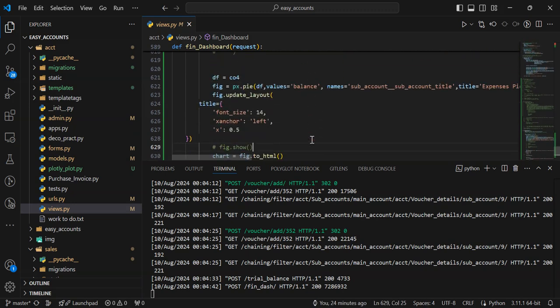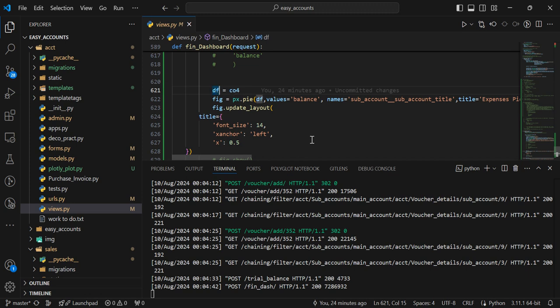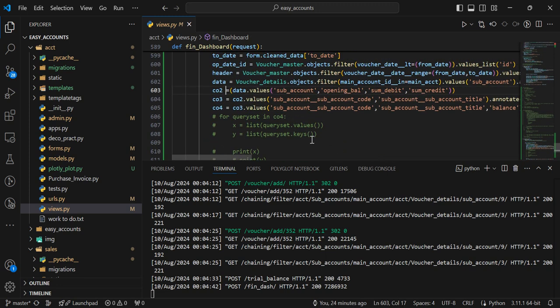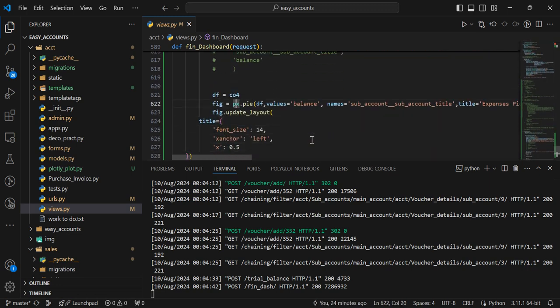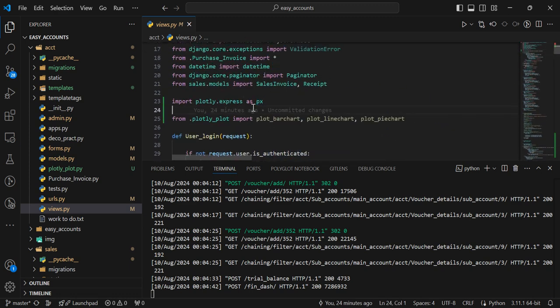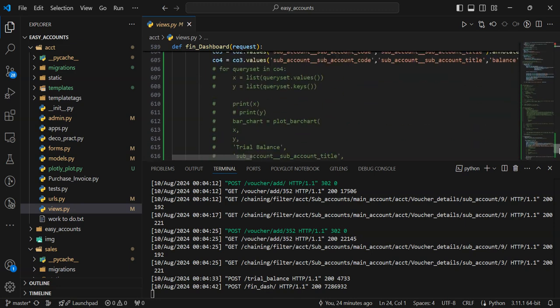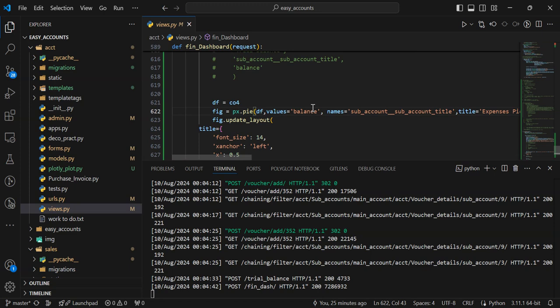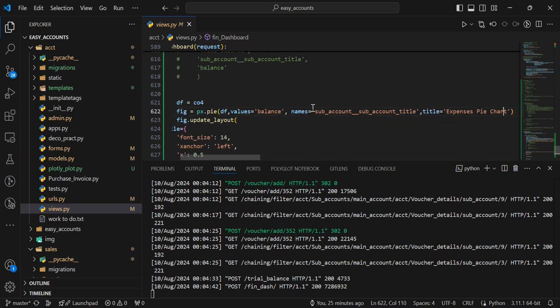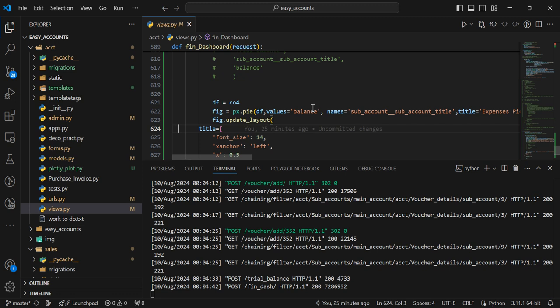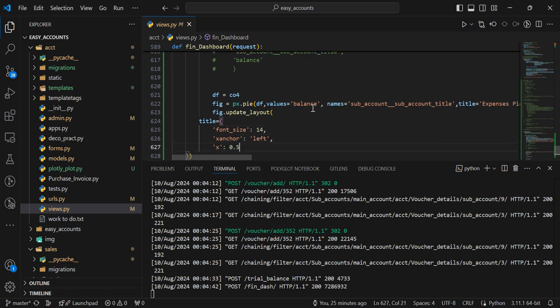So this is our graph df. If our queryset is df, we can use any name. Now here px, which we imported, Plotly Express, it is the alias of Plotly Express. In Plotly Express, the first field we define is our dataset, which is our queryset, then values, names, numbers, names, account title, and the title of the graph, expense pie chart, any name we can put, title, font size, left, or I will check here,